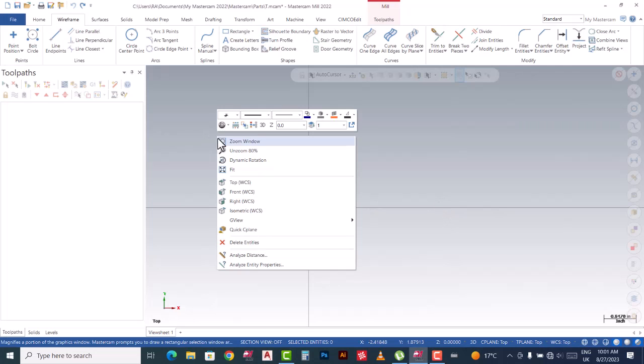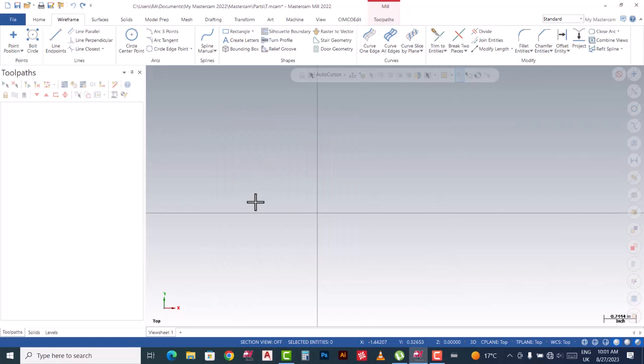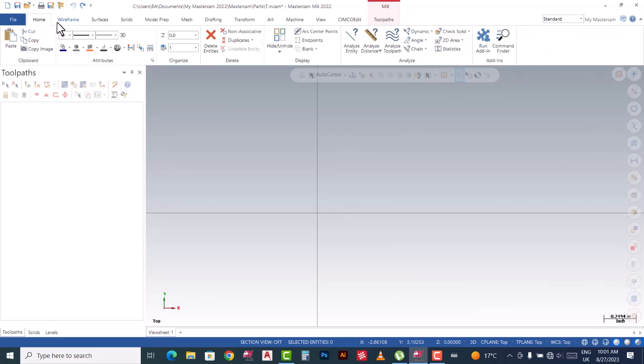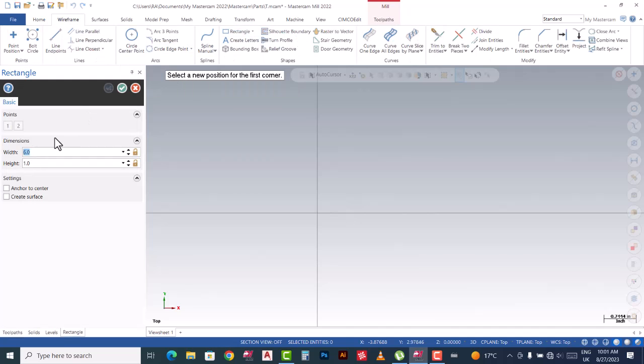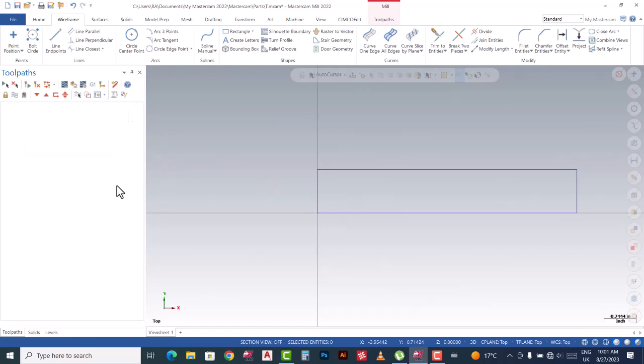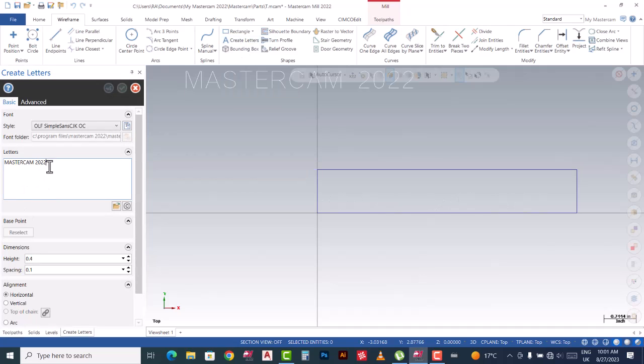Go to Wireframe in Mastercam and choose Rectangle, then input the width and height of the rectangle, then click here for the base point, then click OK. Then after that choose Create Letter, then type the letters you want, let's say Mastercam 2022, then specify